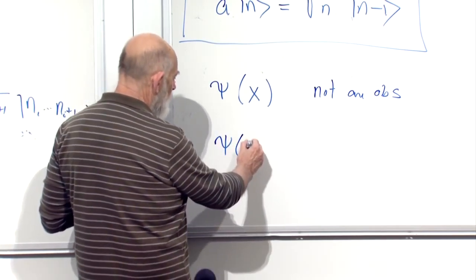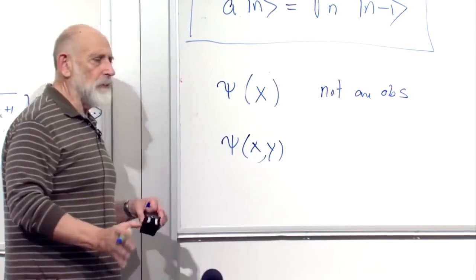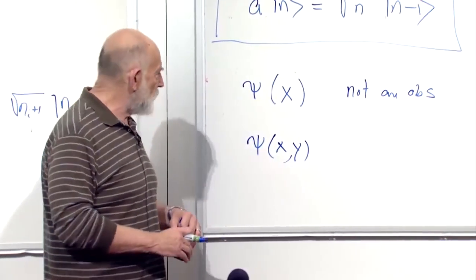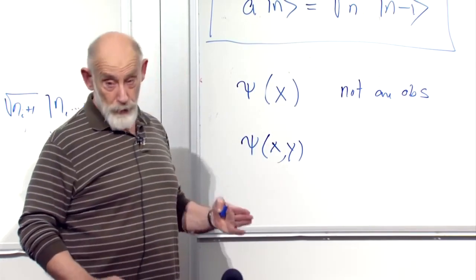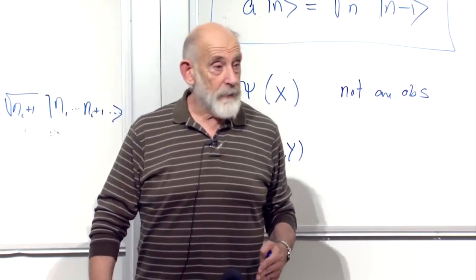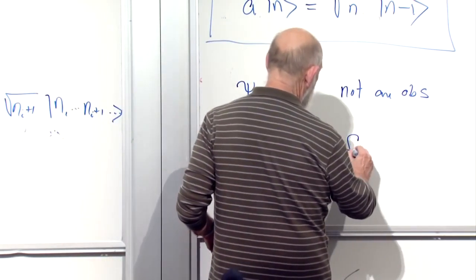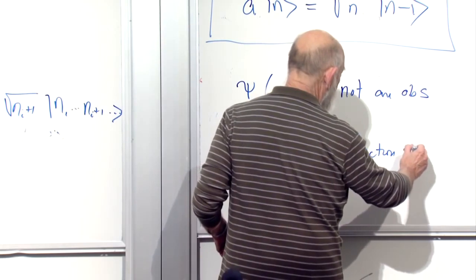If I have two particles, let's call them x and y, again, not the x coordinate and the y coordinate of space, but just the coordinates of two particles, then the wave function is a function of two positions. All right? Function of several positions. In fact, it's a function of the position of all particles.